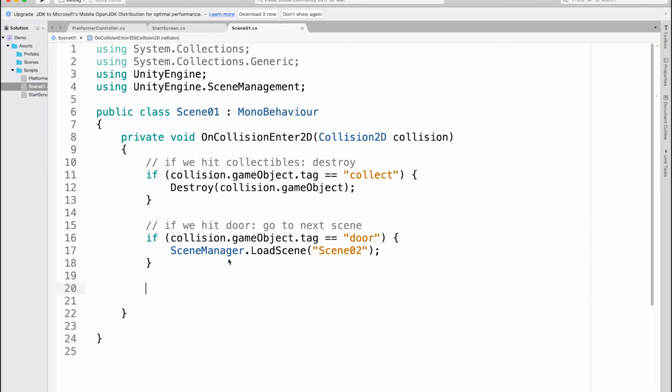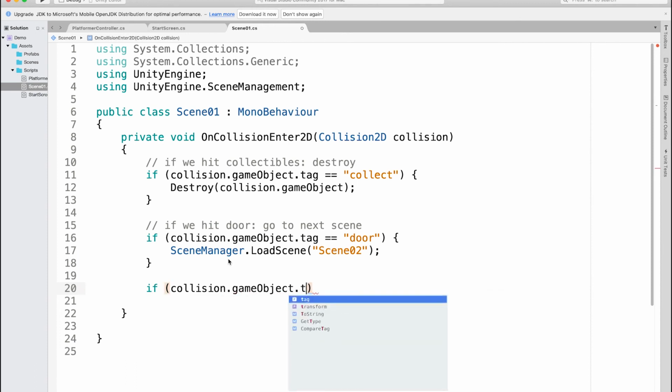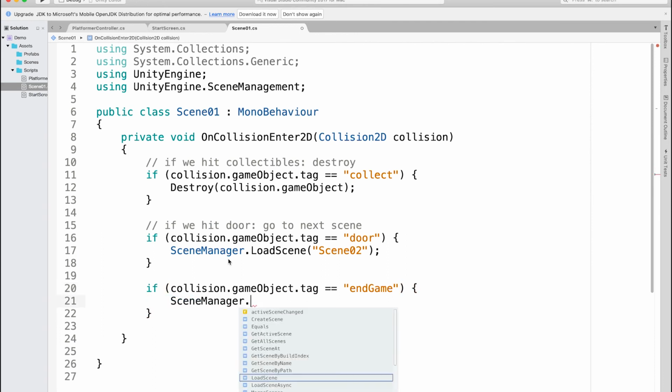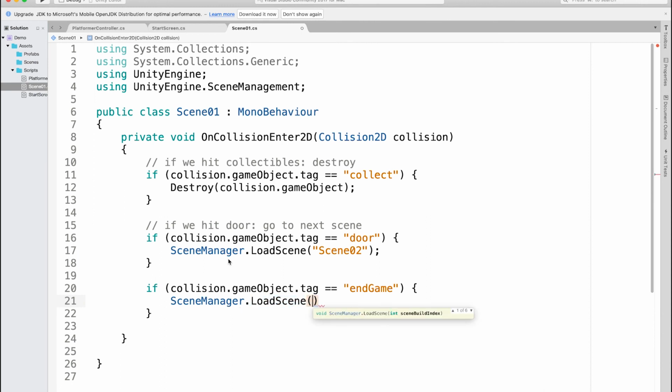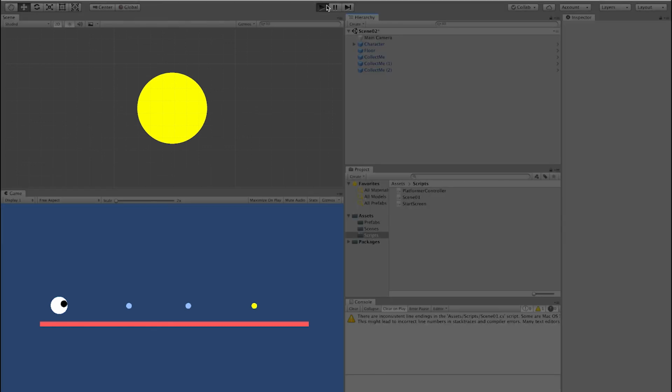So we can say, okay, if we hit the end game object, then we're going to load the end screen. I'm going to hit save here, and this should be all we need. So I'm just going to quickly test this scene. As we go forwards, we collect the 2 objects, and then when we hit that last one,